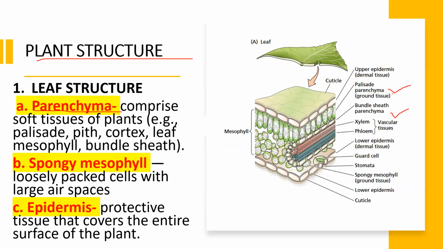soft tissues. So when we say soft tissues, they look like cells that are soft when you feel them. That is what we call soft tissues. So our parenchyma is very thin, wherein it covers the phloem and the xylem. So the parenchyma is protecting the xylem and phloem so that water will not escape. Right? When it absorbs nutrients or water, the water available here in the xylem and phloem does not